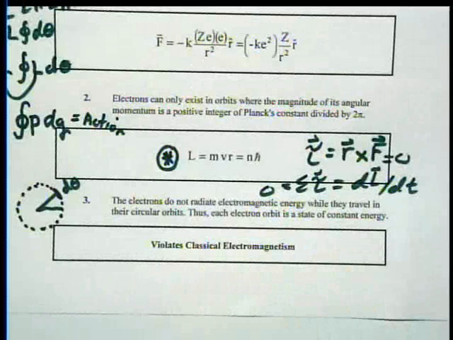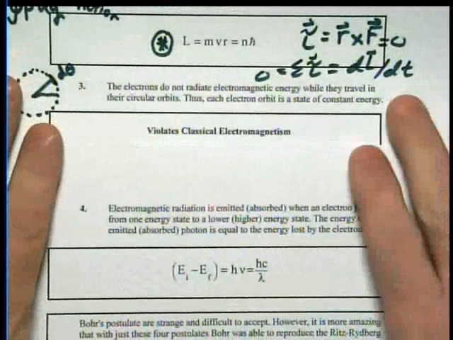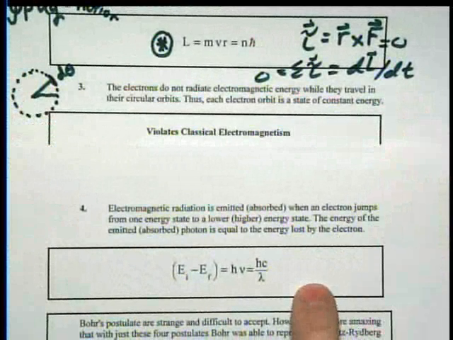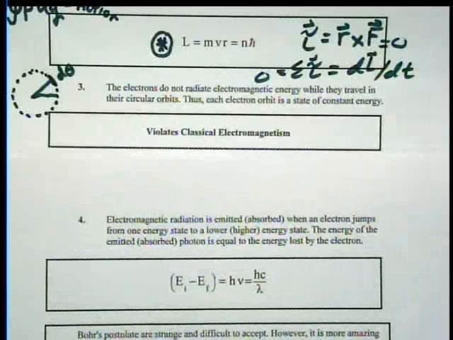Number 4. I violated classical physics. Now, by the way, I want to make sure I obey classical physics and conserve energy. 4 postulates. It's not such that the postulates are so bizarre. What's amazing is with 4 postulates and nothing else, I'm able to come up with basically the size of an atom. I'm able to come up with all the spectral lines. I'm able to explain all sorts of things that no one could explain before.